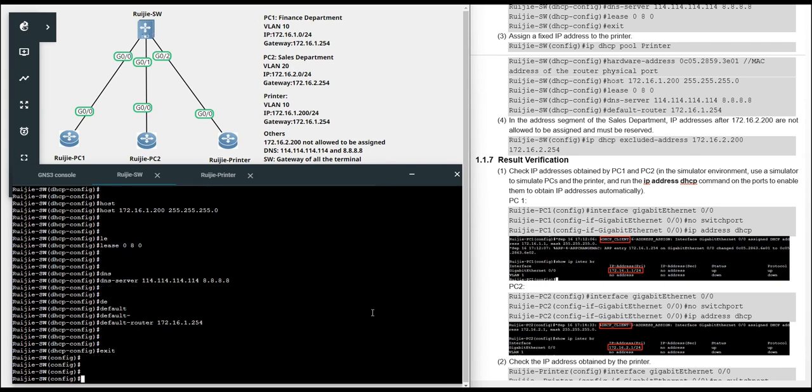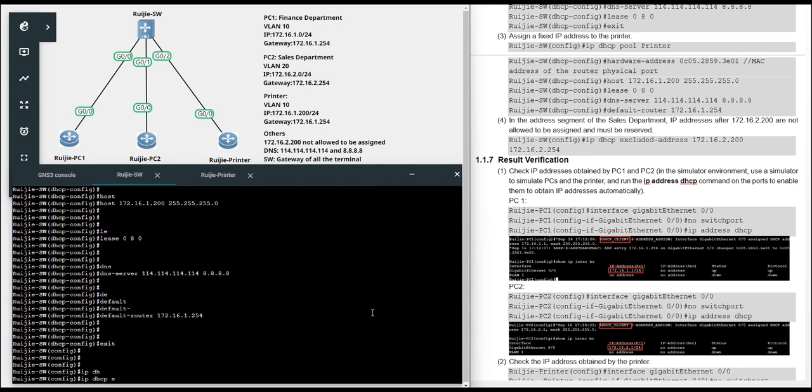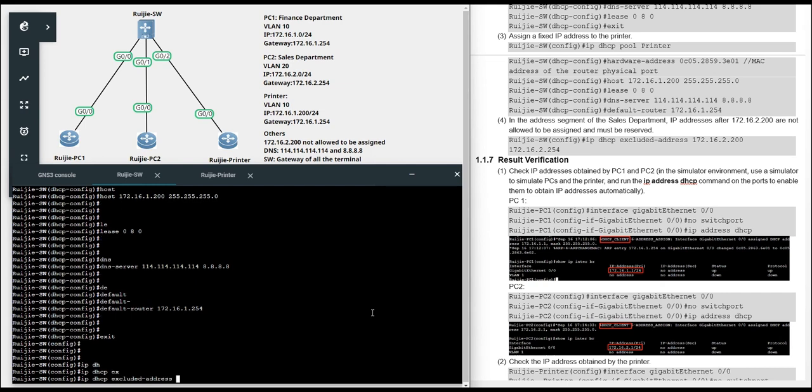And another one, we hope that the IP address of 172.16.2.200 cannot be used, right? And the command is dhcp exclude 172.16.2.200.